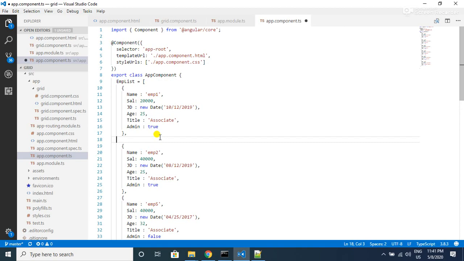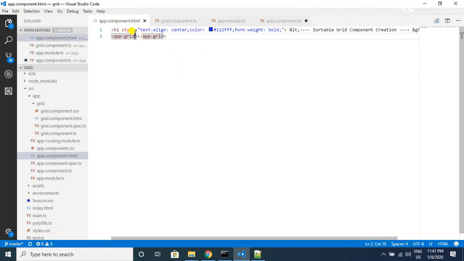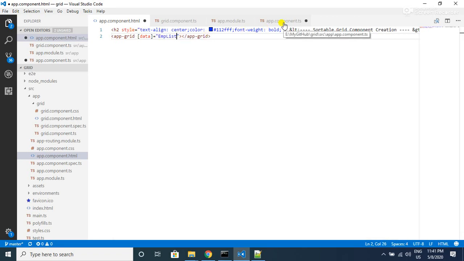So we have the data ready now, and we need to send this data to our grid component. Let's do that by using property binding. Let's go to app.component.html, and inside our grid, let's create an input property, data equal to empList. Here we are passing the empList from our app.component.ts file to our app-grid component, binding to the data input property of the grid component.